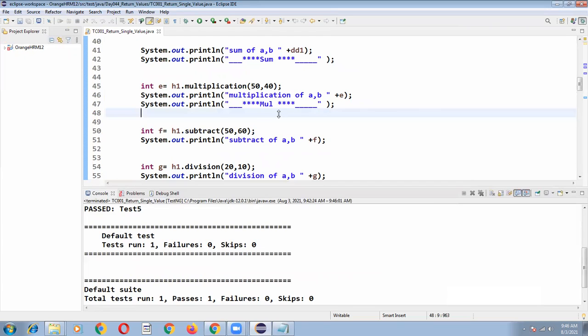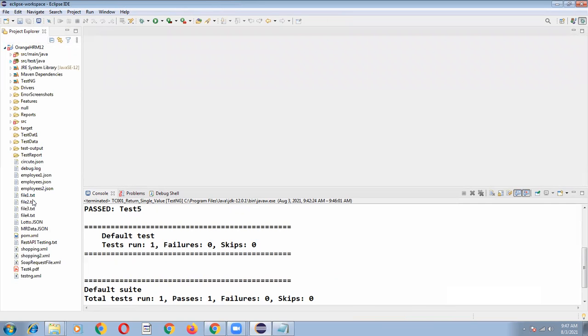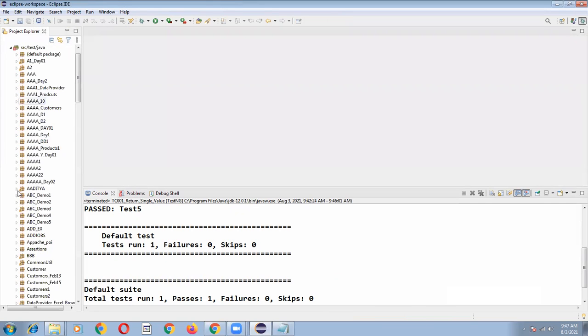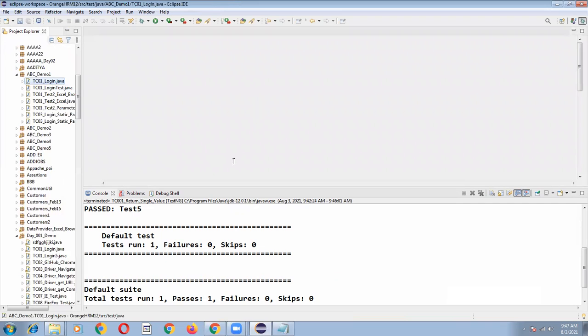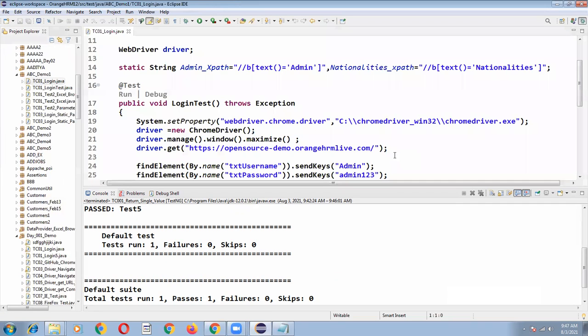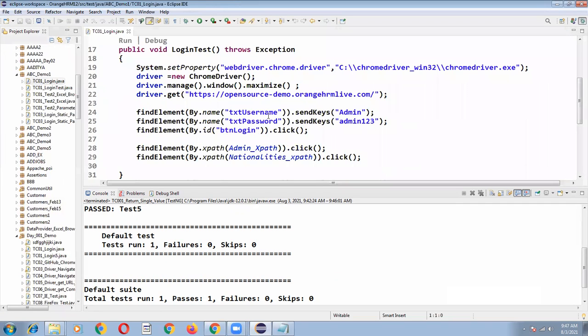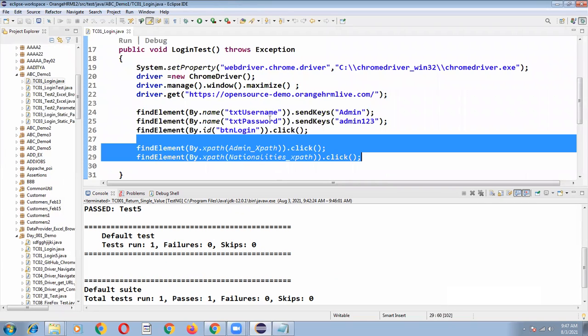Now let me go to my Selenium program, ABC demo 1. So I am executing my set of driver instructions, and this program has failed at a certain point.